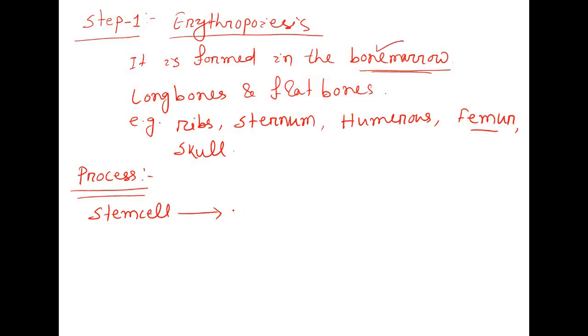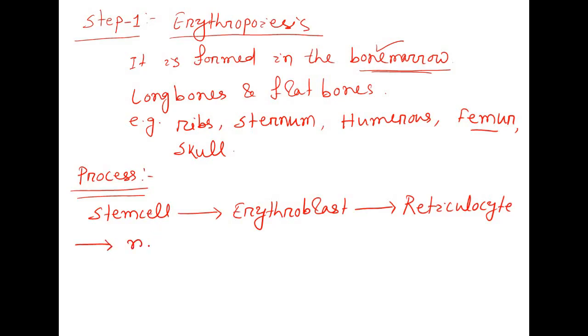Then stem cell becomes converted into immature RBC. You can say very immature. That is called as erythroblast. Then this erythroblast converted into reticulocyte. Reticulocyte is also an immature RBC. Then it becomes mature RBC, and this RBC production occurs by the help of